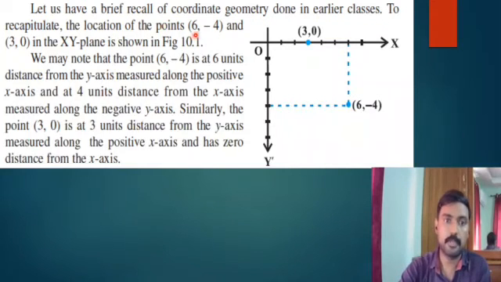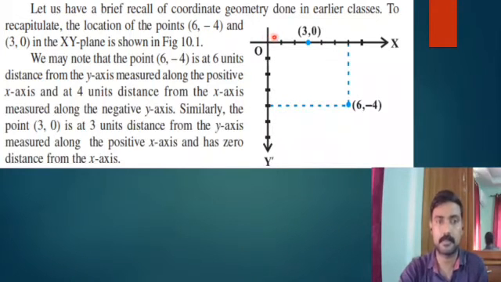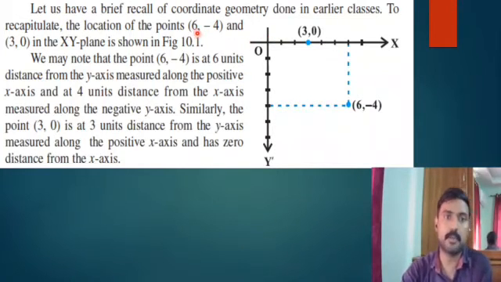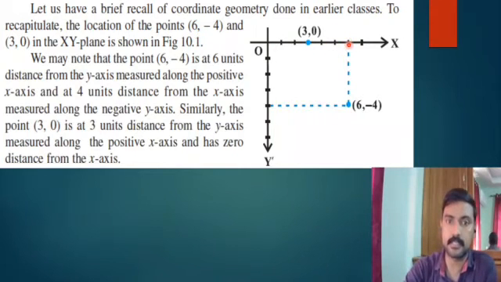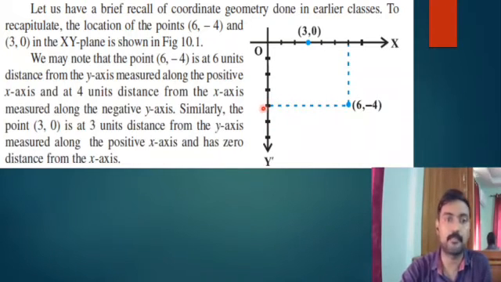As we know, if a point is (6, -4), how do we represent it in a Cartesian plane? The first coordinate indicates the x-axis. This horizontal line is the x-axis, here is 6. And -4 means it is towards y dash, that is, in the negative direction of the y-axis. So here is -4. These two points join together at this location. So this is the location of (6, -4). Everyone knows this.